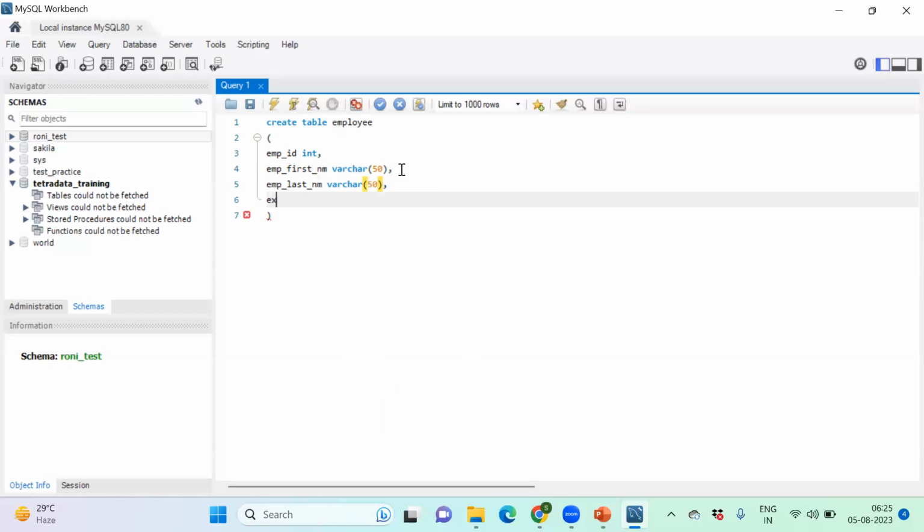Experience. Let me put exp. It should be integer. And address should be there. Okay, state should be there. Let me put state. Okay, state should be varchar. Let me put 30. Okay, so this is the entire thing